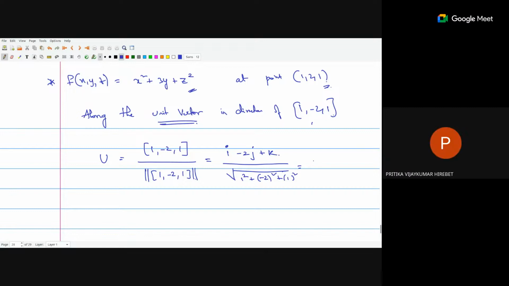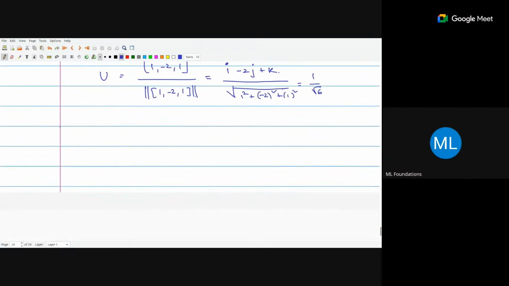Sir, what does it mean by the unit vector in the direction of 1 minus 2 1? I mean, how do we represent that? See, this is point 1 comma 2 and vector 1 comma 2. Do you know the difference between those two? No, sir. Can you please explain that? So where will the point 1 comma 2 be? That is simple, as per the coordinate plane. This will be 1 comma 2. Correct? Yes. So this is the point 1 comma 2, which is represented like a dot.